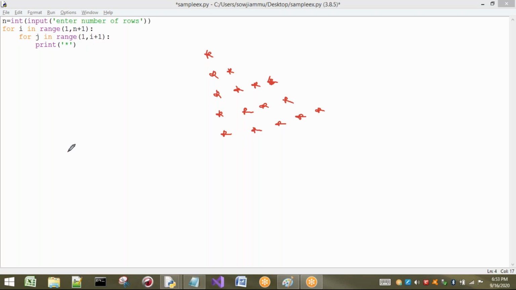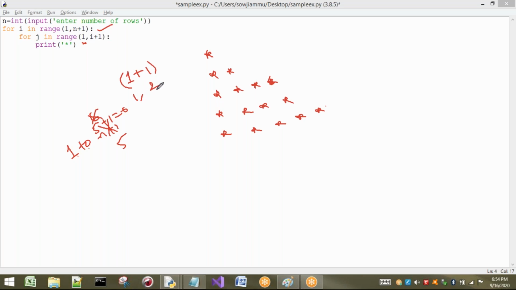So how many rows are there? 5 are there. So I have taken from 1 to n plus 1. The meaning of this is, let us take 5 here: 5 plus 1 is 6. So if I take 1 to 6 in range, it will give me up to 5. We got this by this statement, no problem. But now in first row, 1 has to be printed, in second row, 2 has to be printed. That I have to decide here. First basic thing is the base, which is 1. So initially what is the i value? 1. So first time, 1 plus 1 is nothing but 2.